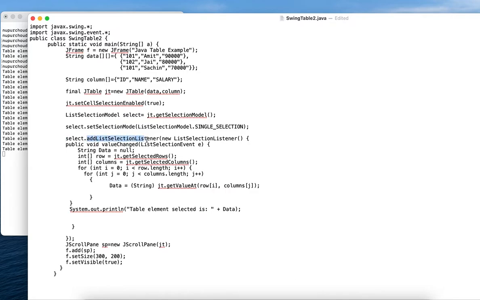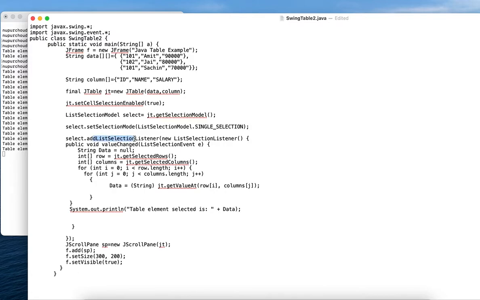Now this is another method which will enable us to capture the event generated by the get selection model, and accordingly it will perform some action by calling the method which is value changed. Value changed will be the method which is automatically invoked when this listener is added with the object of that interface instance which is creating that event.